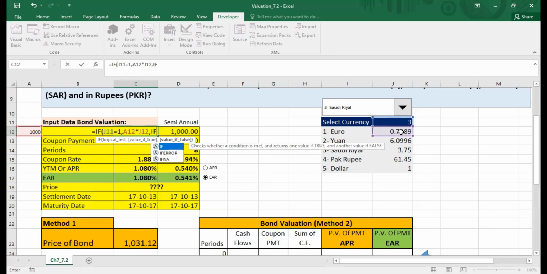the cell J11 is not 1, then we again start the argument of if, start the parenthesis, J11 is equal to 2. Then I told you we are going to use the comma.